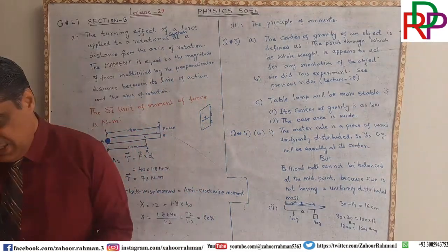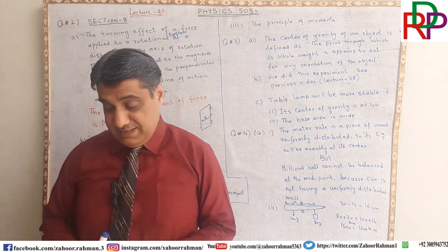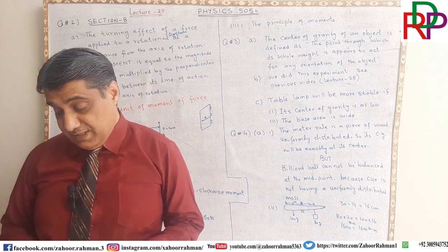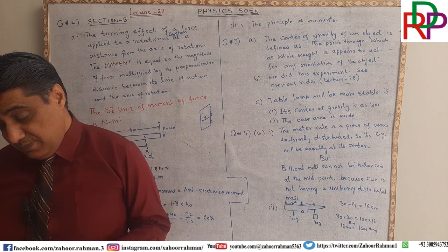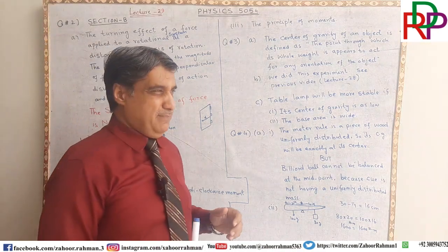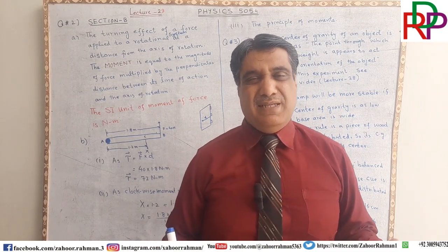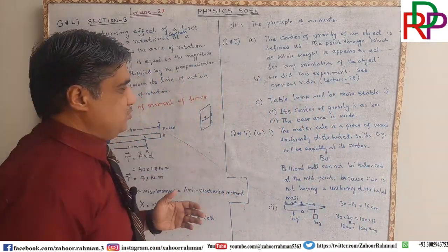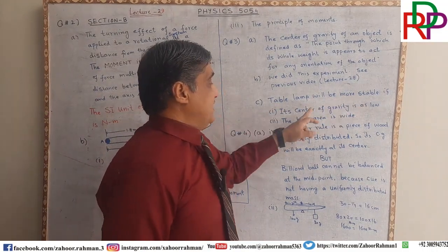Yesterday we did it. Okay, the C part is asking to discuss qualitatively the effect of the position of the center of gravity on the stability of a table lamp. When will the table lamp be stable? Yesterday we discussed two conditions. The table lamp will be more stable